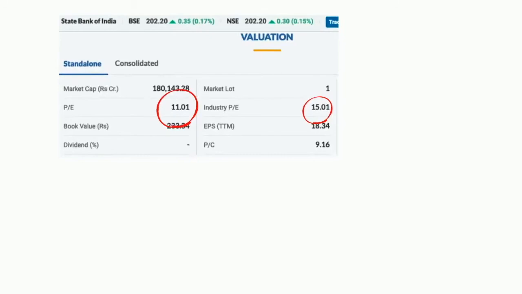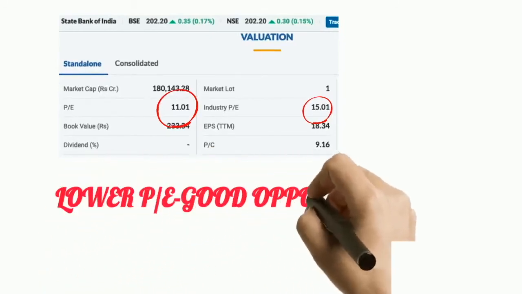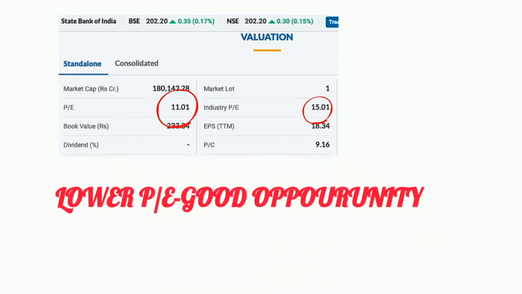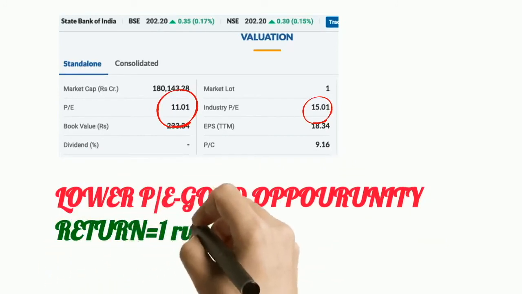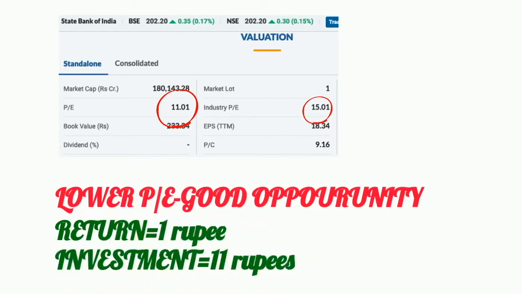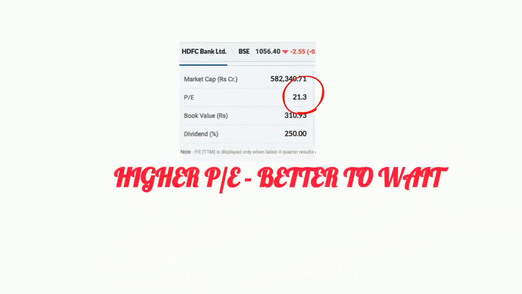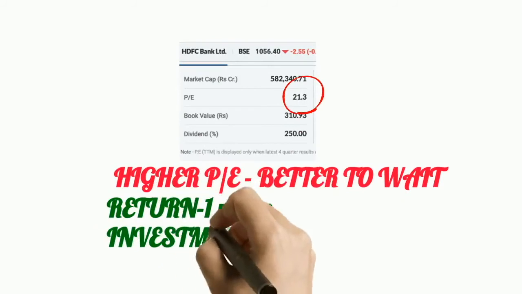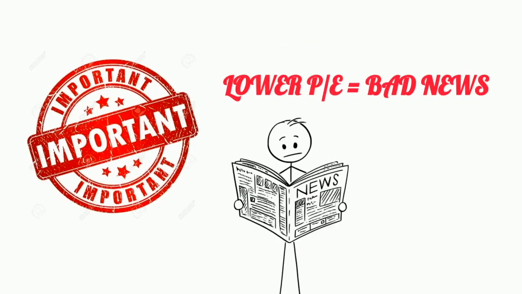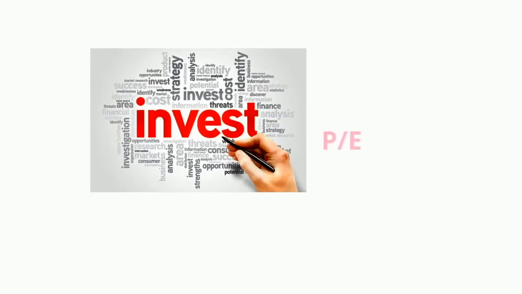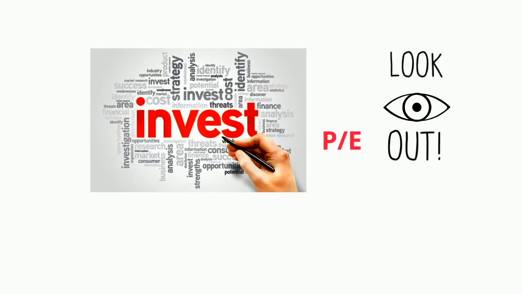With that comparison, we can say lower PE means we can expect a high return. As in the State Bank of India example, for 1 rupee return, we are ready to invest 11 rupees. Whereas higher PE means lower returns, as we need to expect 1 rupee return for every 21 rupees invested in HDFC Bank. But one important point to be remembered is, if a company has bad news around it or does not perform well, it will also have a lower PE. In order to invest, you must not only focus on PE values, you must focus on the company's earning report and